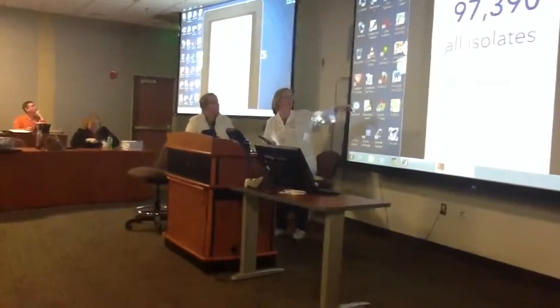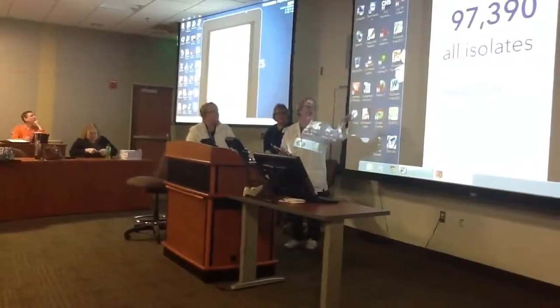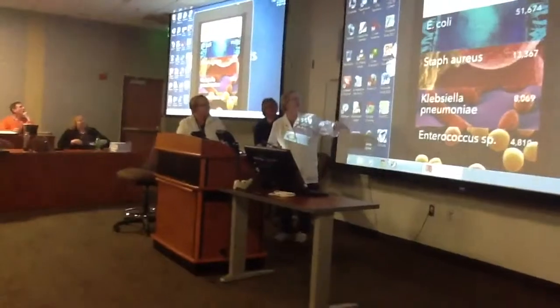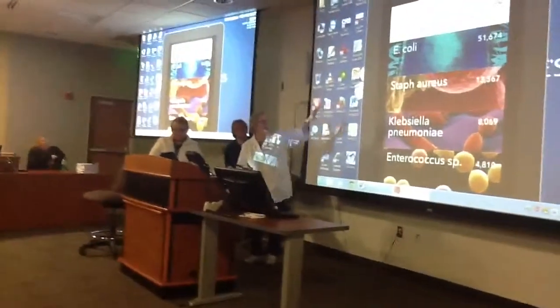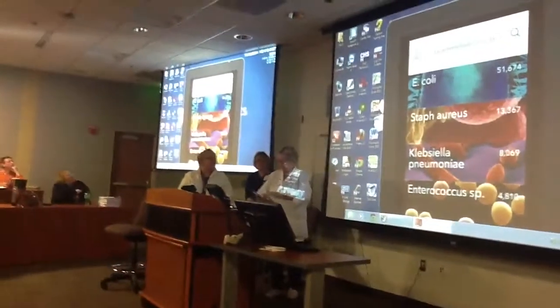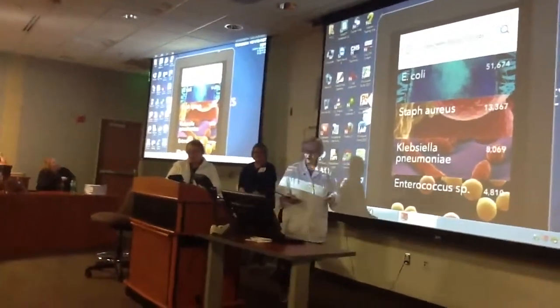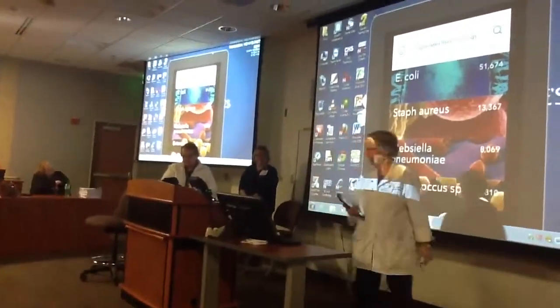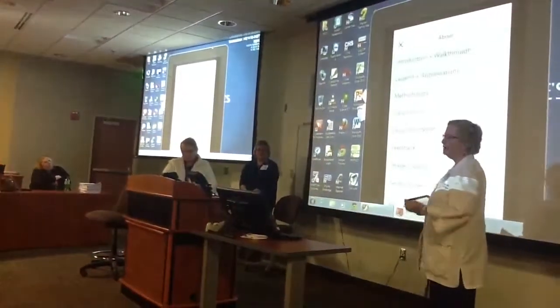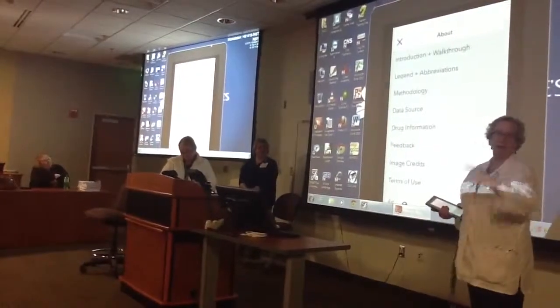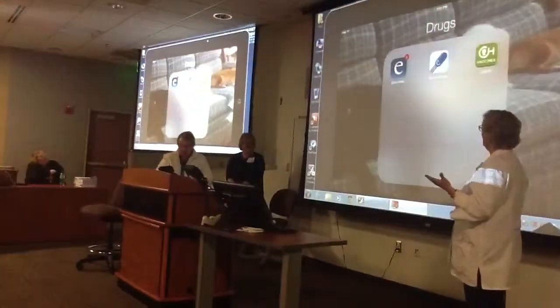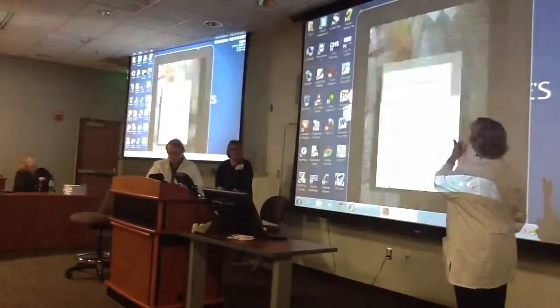So this is pretty cool because this has a locator. And you can put in Largo, Maryland, and it'll pull up a number of results, and it does blood, and it does urine, it does skin. And this is actually all of them here. Yeah, this is the whole thing. And so you can see how many people have what blood infections or what urine infections in a radius around Largo, Maryland, which would be helpful if you were doing